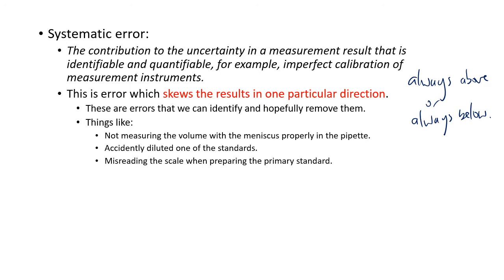Things that can cause systematic error: not measuring the volume on the meniscus properly in the pipette. Say that your pipette, here is the line, and then you always get the meniscus there. You're always going to have a systematic error there because you're always going to be delivering slightly less than what it's supposed to be. If you accidentally dilute one of the standards, that means that's always going to have a lower concentration, which means there's going to be problems. Or if you misread the scale when preparing the primary standard, then that's going to carry on through your entire